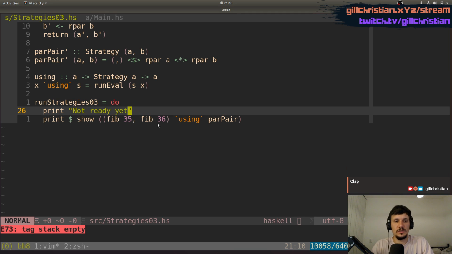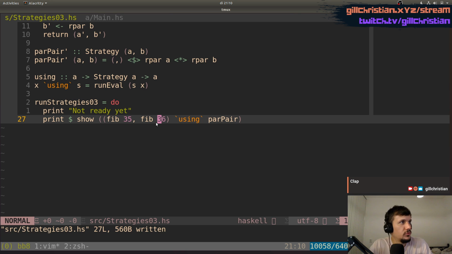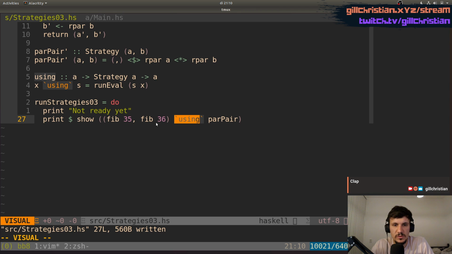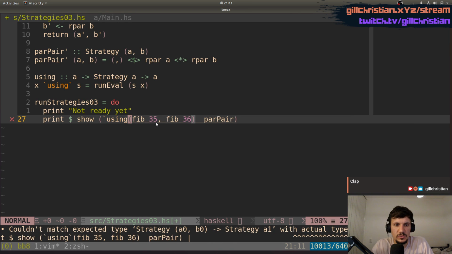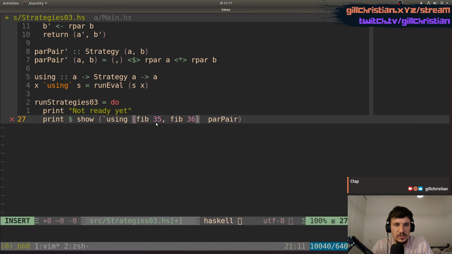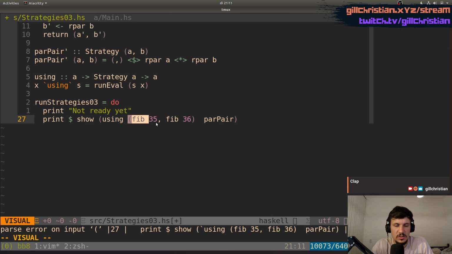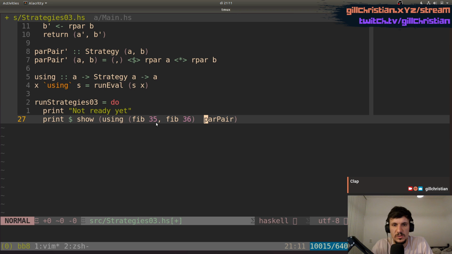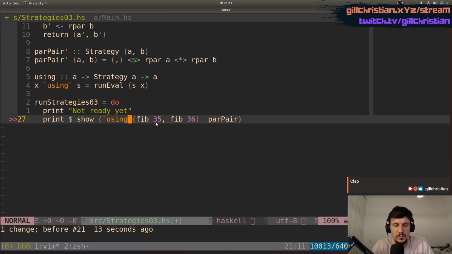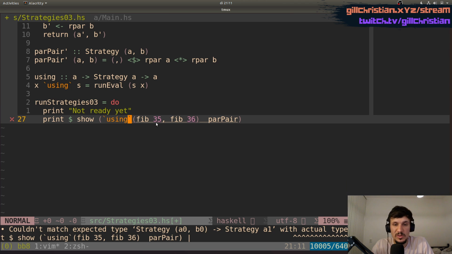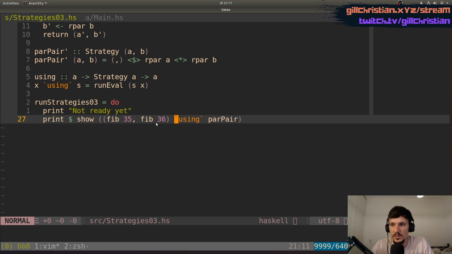Okay, back to Haskell. So this is for those that are not familiar. Oh, sorry, Mike. Familiar to Haskell. You can put any function between two backticks, and it becomes an infix version of the function. So here we say that using has this as the first argument and this one as the second one for pair. But if we put it between backticks, then it can be evaluated